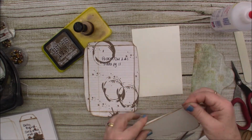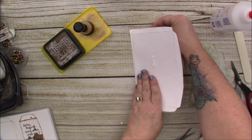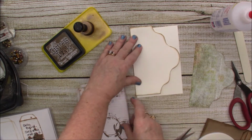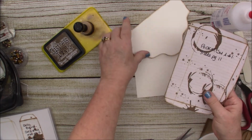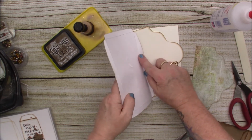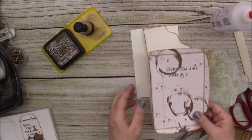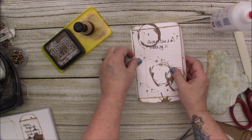We don't want that. So there's two ways that I can do this. I can either put it on here before I put this together, or after I put this pocket onto the base page, I could take it and put it like this, which is I think what I'm going to do. And I'll tell you why. Number one, this will be covered with the mat. The mat is going to cover most of that. But if you do it the other way, you will cover all of it. However, I find that gets bulky